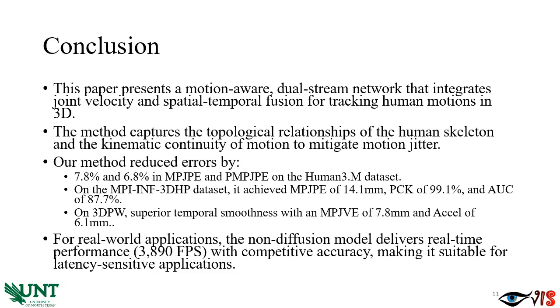On the MPI dataset, it achieved a mean per joint position error of 14.1 millimeters, a percentage of correct keypoints of 99.1, and an area under the curve of 87.7%. On the 3DPW dataset, it achieves superior temporal smoothness with a mean velocity error of 7.8 millimeters and acceleration error of 6.1 millimeters. For real-world applications, the non-diffusion model delivers real-time performance with competitive accuracy, making it suitable for